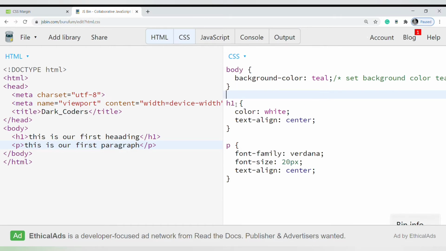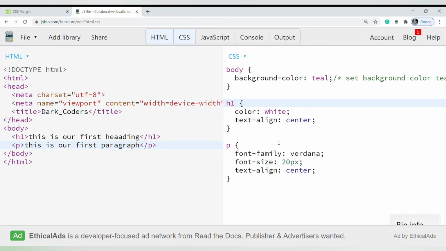After that, for the h1 tag, color should be white, I have given white here. Text align is center. It's very easy, I can say. If you only write whatever part you want to edit, that is the only part you have to write, meaning the tag in which your text is written, here the h1 tag, inside which our text is. So I have written only the h1 tag, given curly brackets, and whatever I want to do I have written: color white, text align center.